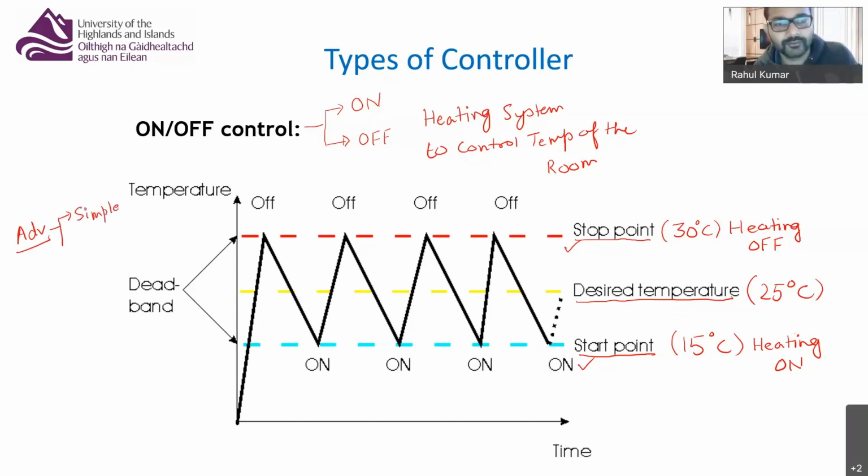So we just have to put a sensor, a thermocouple, which will measure the temperature of the room, and if the temperature reaches 30 degrees, it has to turn off the system, and if it is below or around 15 degrees, it has to turn on the system, right? So it's quite simple to design this on-off controller, and obviously if it is simple to design, it would be cheaper,